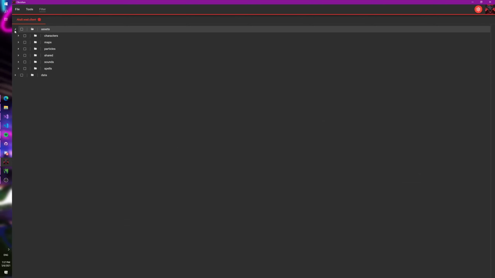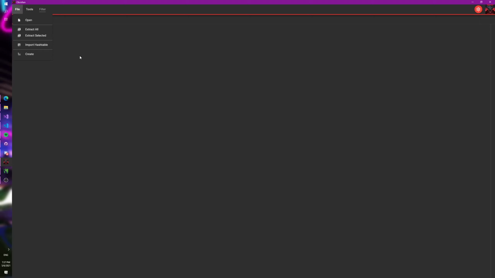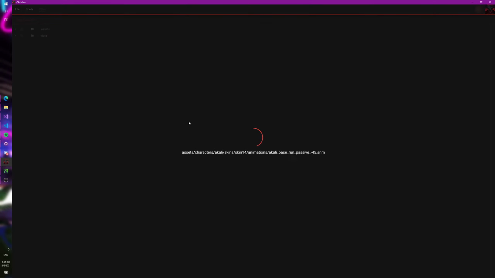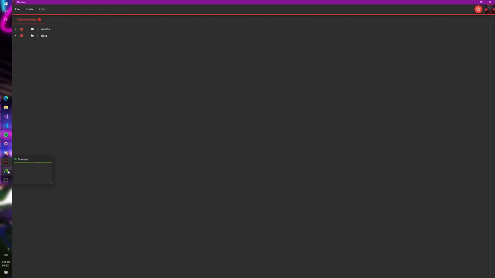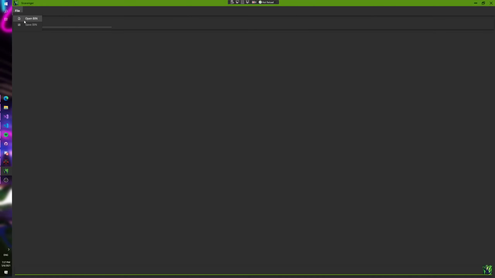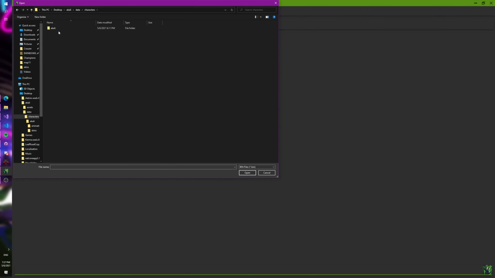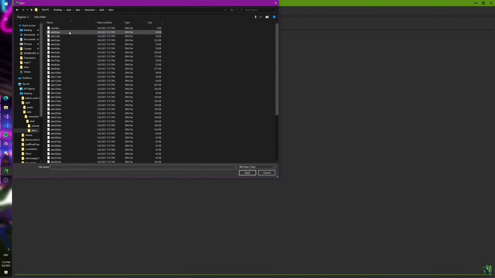And you'll want to extract both assets and data into a folder because Scavenger also supports asset previews inside the UI. So you'll want both of these. If you select them, you can extract them to a folder. I'll choose this. I'll just extract it. And once that's done, we can go open up Scavenger, and we'll just go and open up the base skin